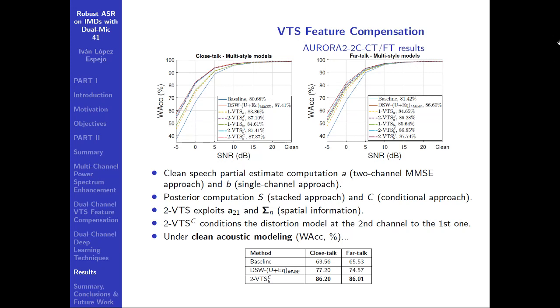Moreover, the dual channel approach is clearly superior to the single channel approach, as it exploits spatial properties of the clean speech and noise signals by means of a speech gain vector and the spatial covariance matrix of noise, respectively. We also confirmed that the alternative